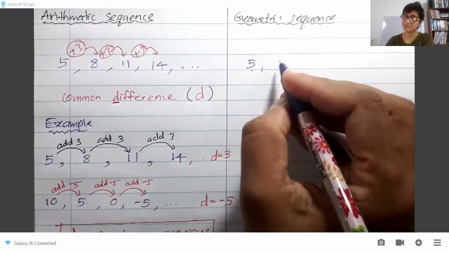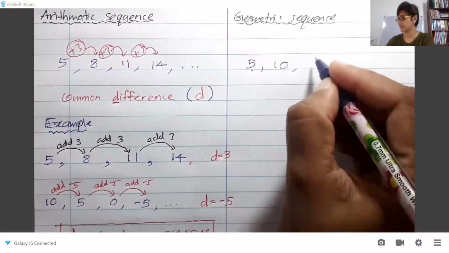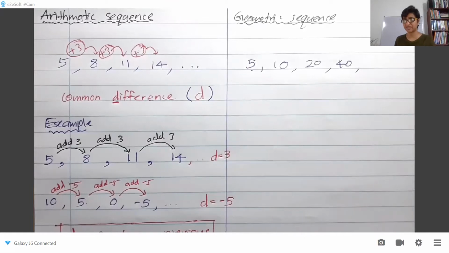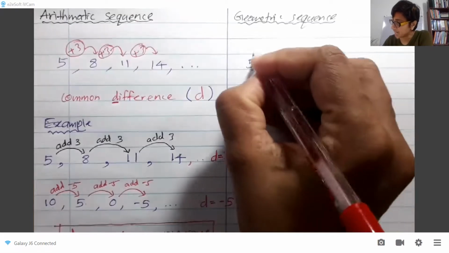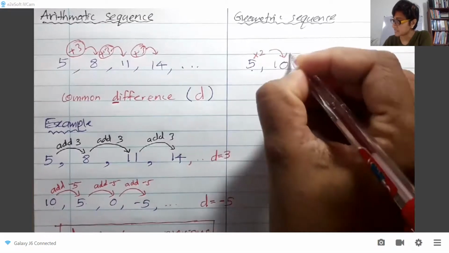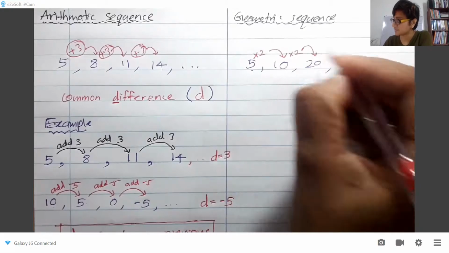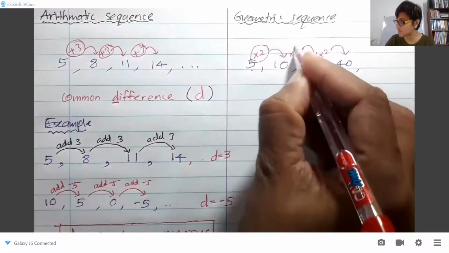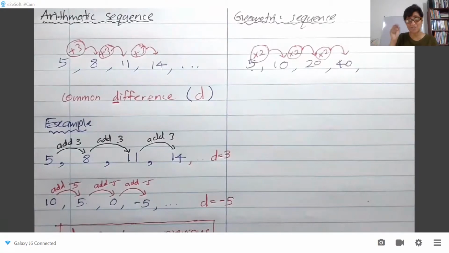So 5 times 2 is 10. 10 times 2 is 20. 20 times 2 is 40. Notice that I'm multiplying by the same fixed number. Times 2 gives you that, times 2 gives you that, times 2 gives you that, and so on. That is called a geometric sequence. So a sequence is called a geometric sequence if the numbers progress by the multiplication of a fixed constant number. And that fixed number that you multiply your terms by each time to get the next term is called